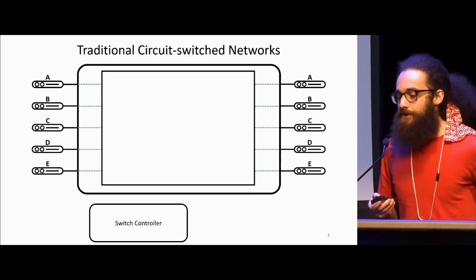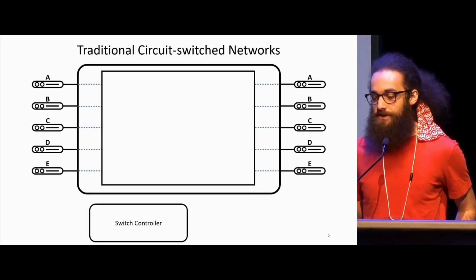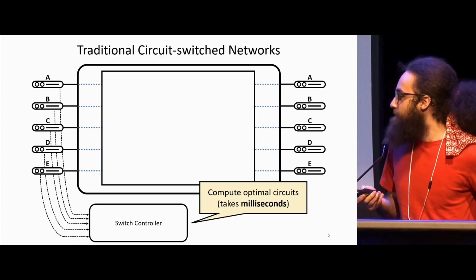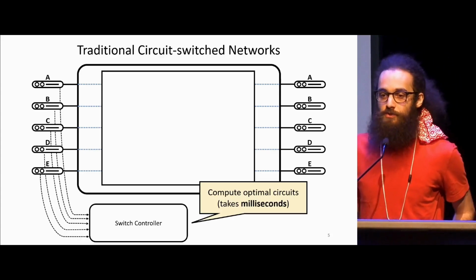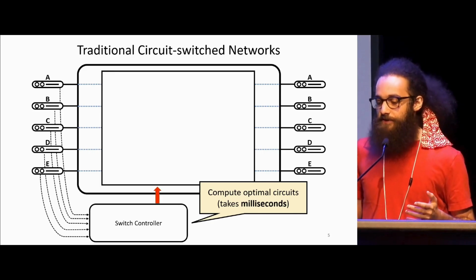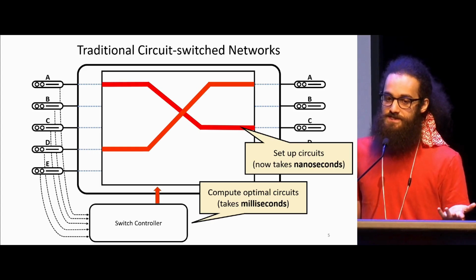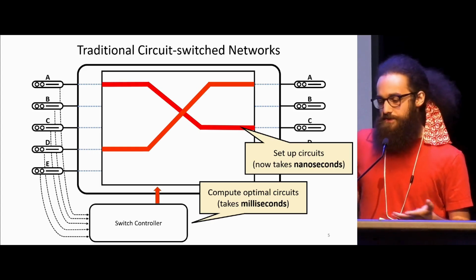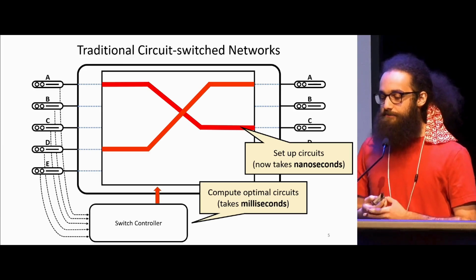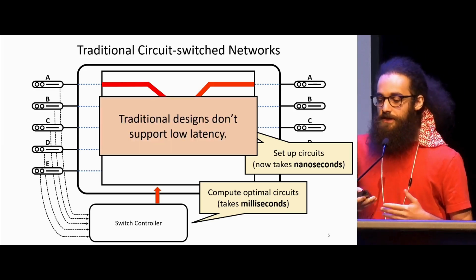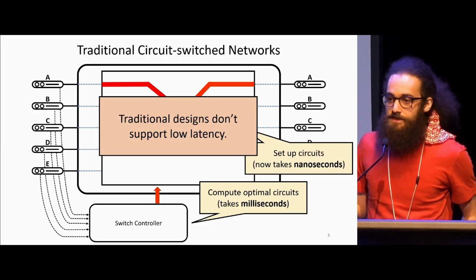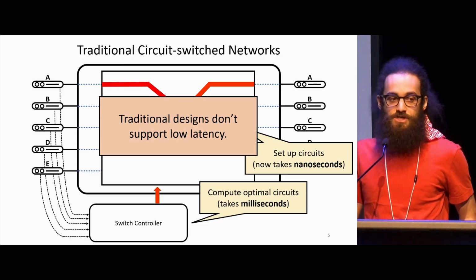The normal way that we would design a traditional circuit switch network is we try to collect information about what the current demand is, and then we try to compute the best circuits that we should deploy right now. This entire process takes some time. Then we inform the switch, and we can deploy the circuits and send data. But when our switch can reconfigure in just a few nanoseconds, this beginning part where we try to compute the optimal circuits is too slow. So these traditional designs are usually not going to work for low latency. That motivates us to try and reconfigure the switch oblivious to the traffic.